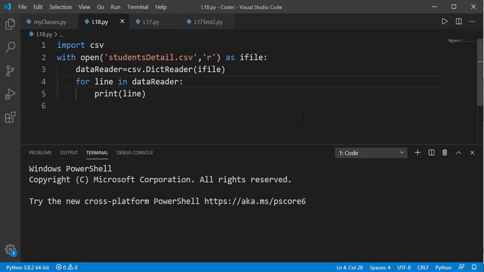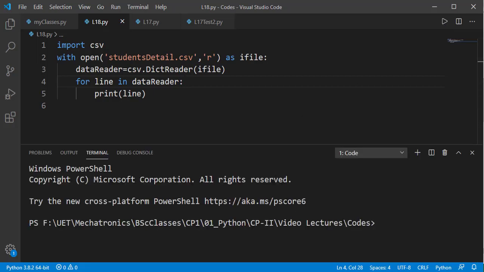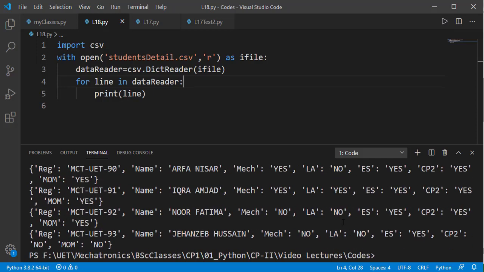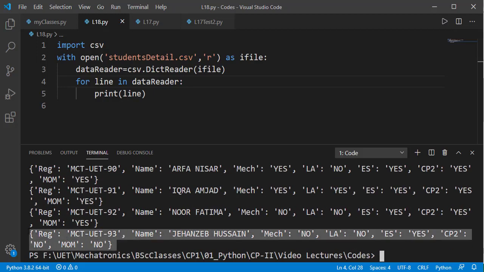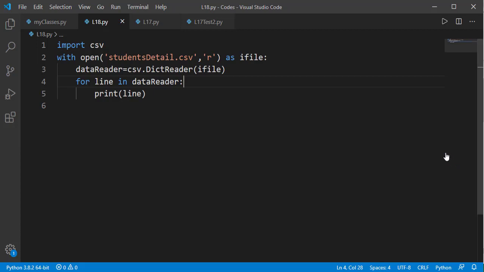So if we run the code, you will see a dictionary is printed for each loop iteration. Each dictionary has keys from the first line like registration number, name, etc., and the values are data on the respective line. So in this case, it will be easy to refer to comma separated values by meaningful keys rather than the index. So now instead of printing the result, let's create the student objects.